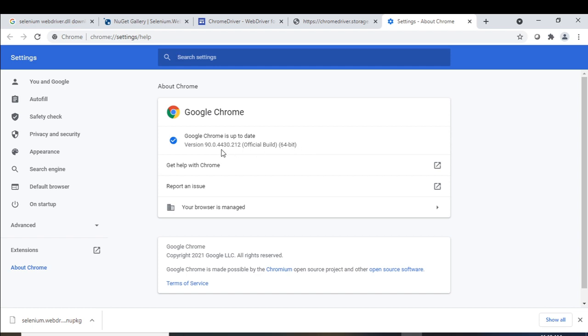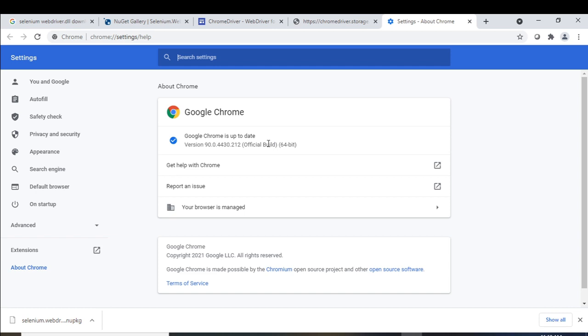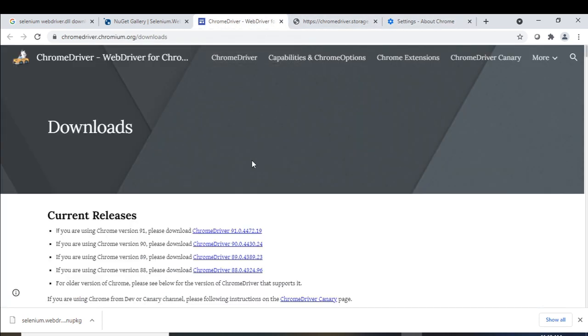Okay, so this is 90.0.4430.212. So let's see whether this version is present or not. You can see here that I have this version, 90.0.4430.24. This same version is installed here. This is the version of my system.